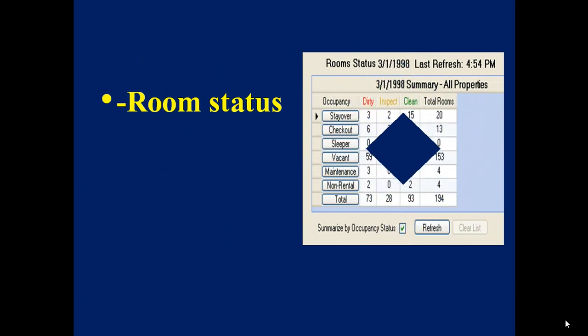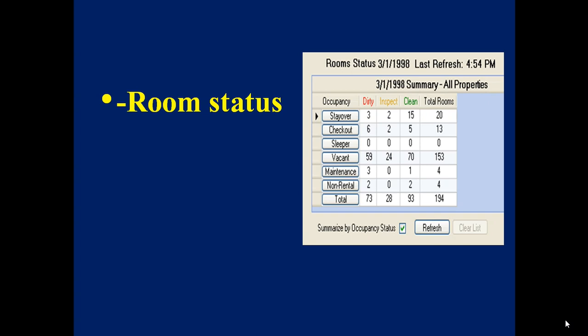And then finally, room status. It is extremely important for the front office staff to update the room status as and when the room departs, and the departures for a particular day. Then what is the occupancy, then how many rooms are in dirty status, how many rooms are inspected, and how many rooms are clean, and how many rooms are ready for sale. So all the information should be there in your room status.